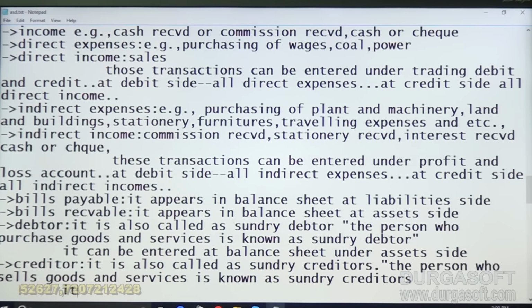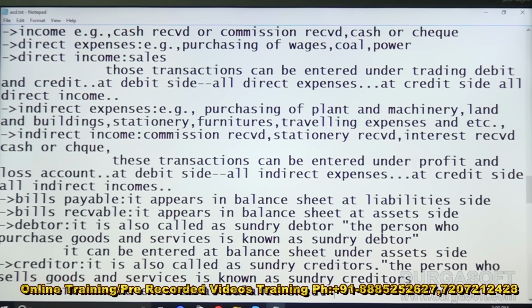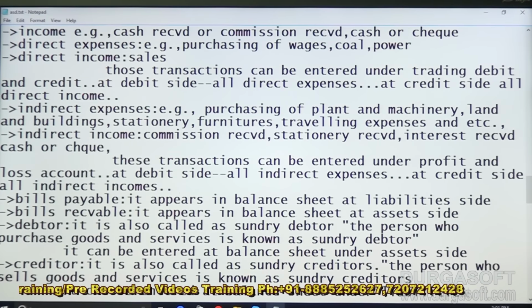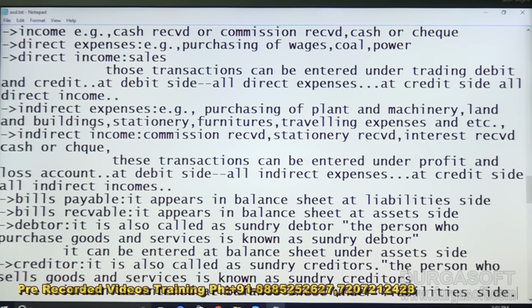It can be entered at balance sheet under liabilities side. So this can be understood very carefully. Direct expenses, and first we can see here